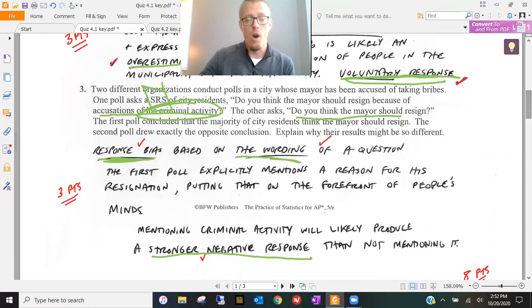All right? So always mention the type of bias, there's your vocab, and always mention the direction that the bias is in. Again, not that it's wrong for people to feel a certain way. We're not talking about that kind of bias. It's not an opinion thing. It's overall, which direction from reality is the result we got from our sample. Because if bias is present, then the result we got is not a good representation of reality. We want a good representation of reality. We want our sample to match the population as close as possible.